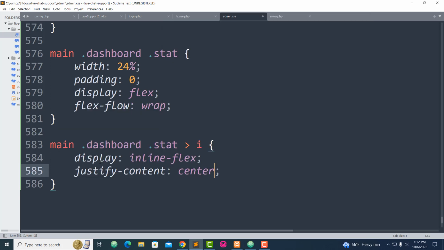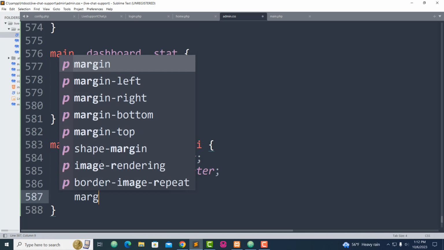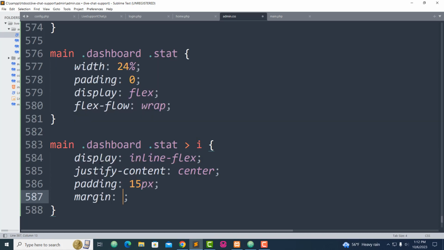I want them to be placed in the center, and add padding between them to be 15 pixel. Also, I'm going to add a margin of, okay, this is the top